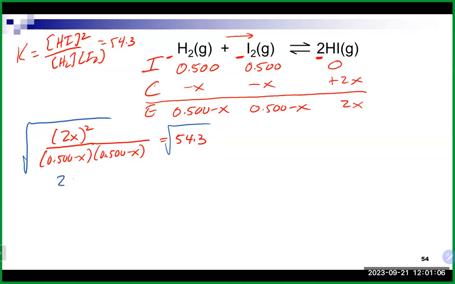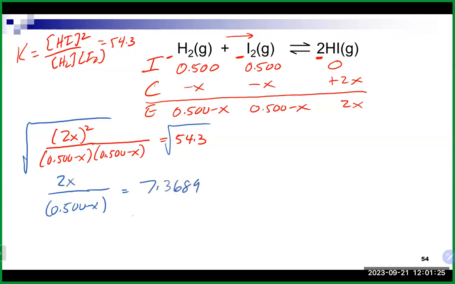So we'll end up with 2x up on top. We'll end up with one of those guys on the bottom. And the thing that I personally usually forget to do is actually the square root of 54. So let me do that before I forget. We want to take the square root of 54.3, and that's going to give us, I'll call it